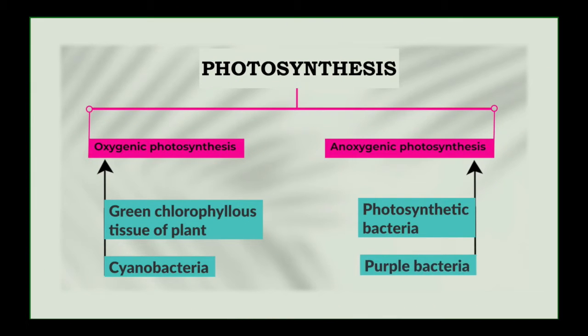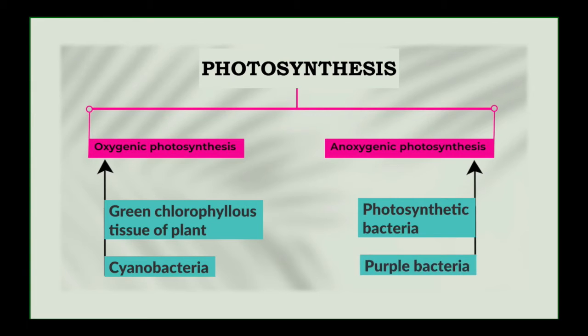Actually, photosynthesis can be of two types, which is on the basis of release of oxygen. Accordingly, the process which releases oxygen is called oxygenic photosynthesis, and if it is not released, it is called anoxygenic photosynthesis. In oxygenic photosynthesis, the process involves the green chlorophyllous tissue of plants, and it is also taking